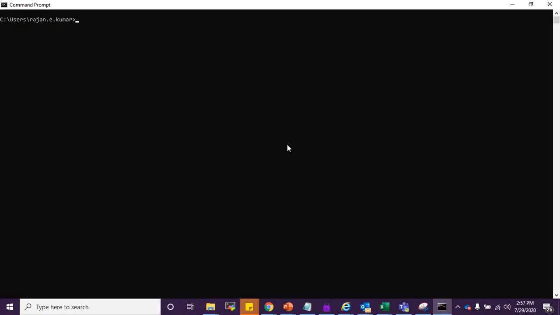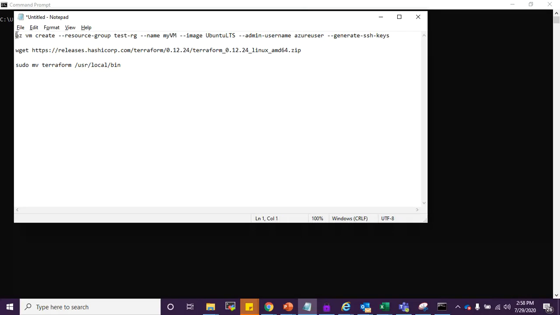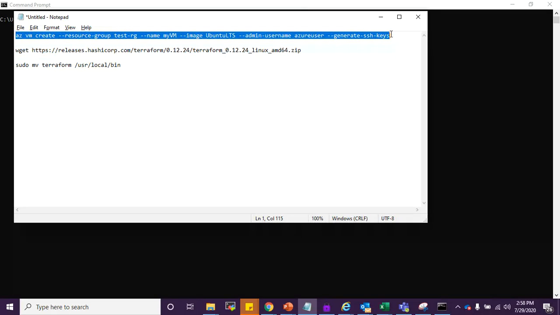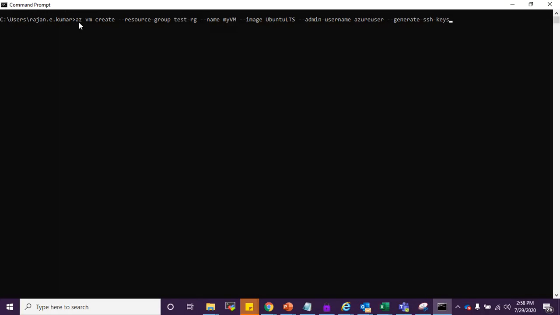And yeah, so this is my command prompt. First, let's quickly create a Linux VM using CLI. So I will use this. I am already logged into my Azure portal using my az login basically.